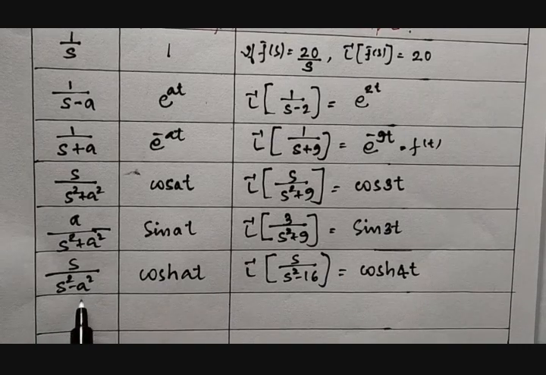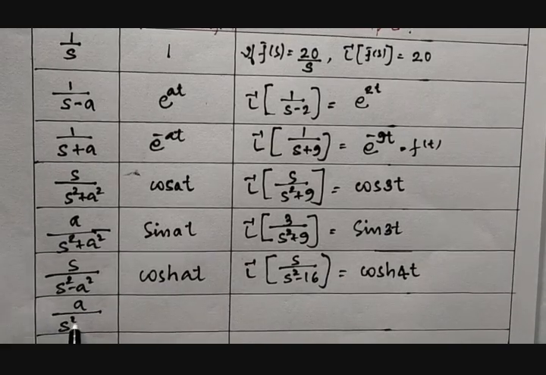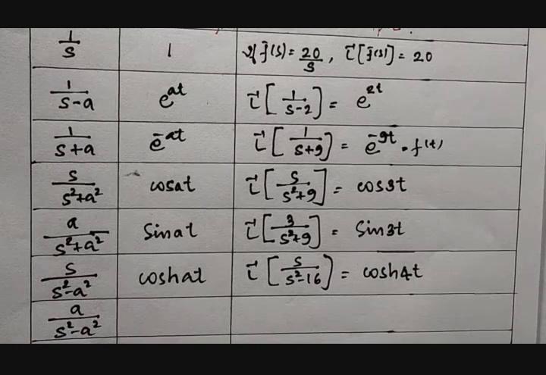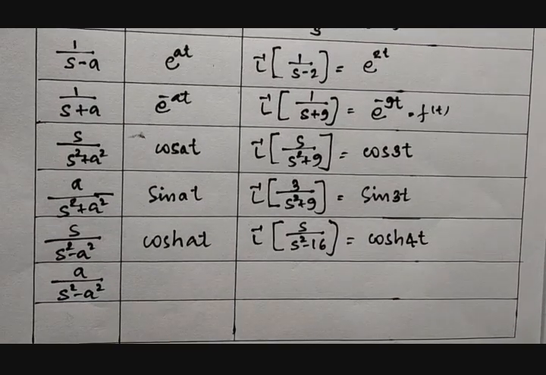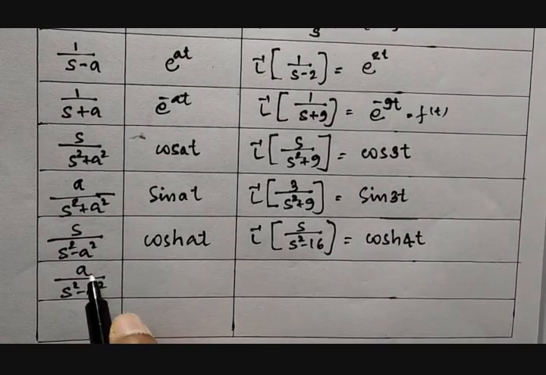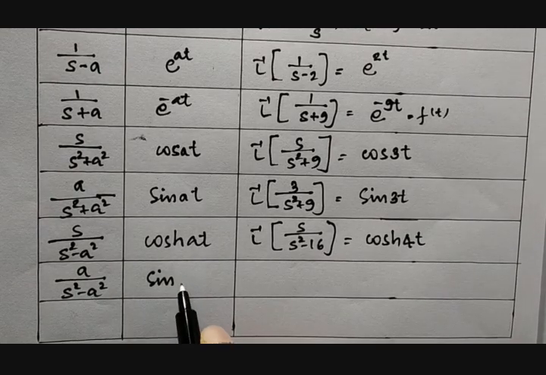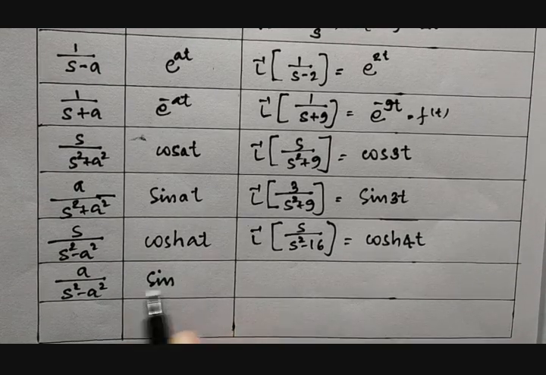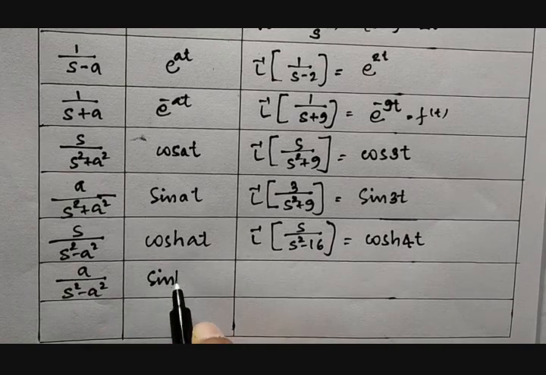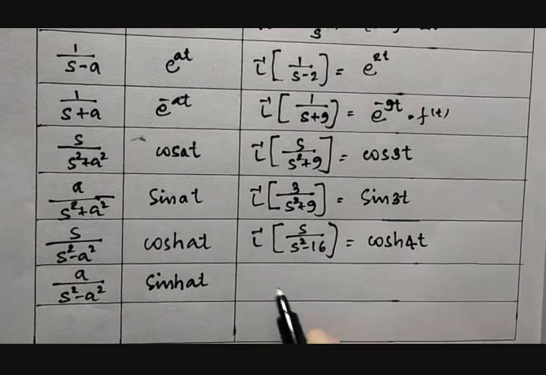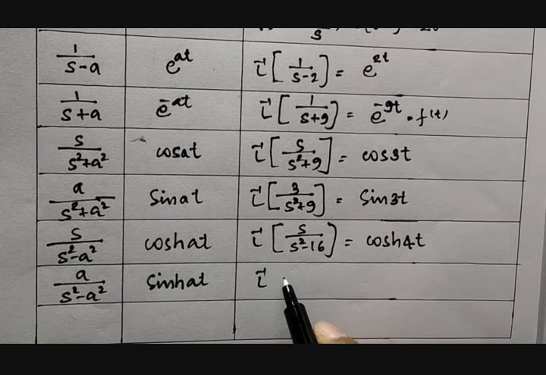So similarly we will be getting sine. That is if I take a divided by s square minus a square. Therefore you can see a constant, so it is sine. Here a square means it is at, no doubt, but since it is minus, so it is hyperbolic at. For example, if you take Laplace inverse of